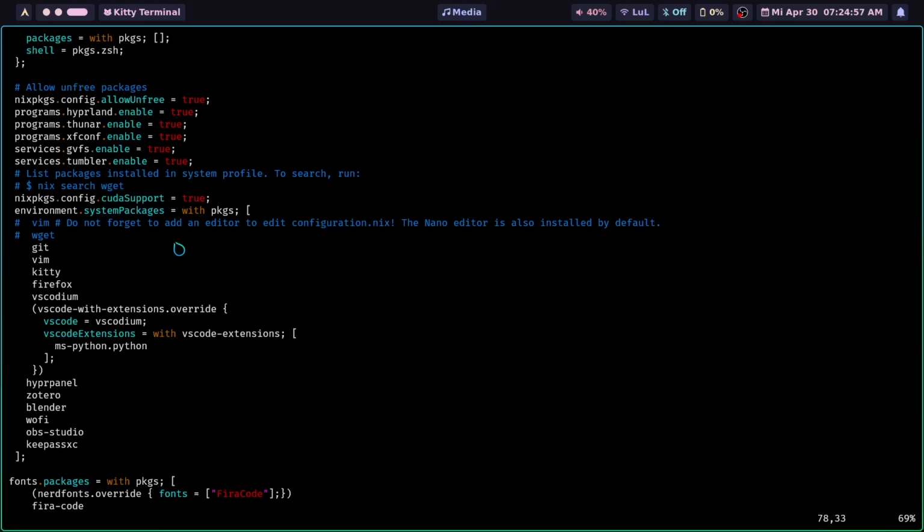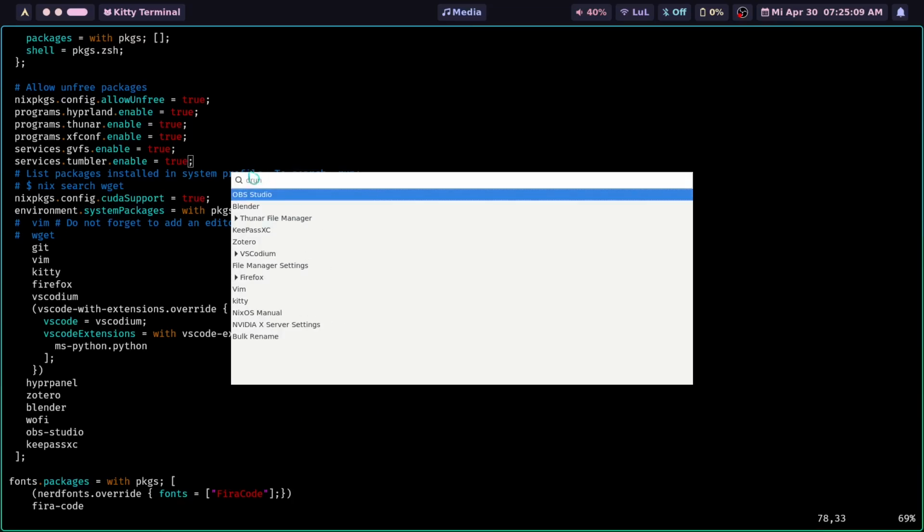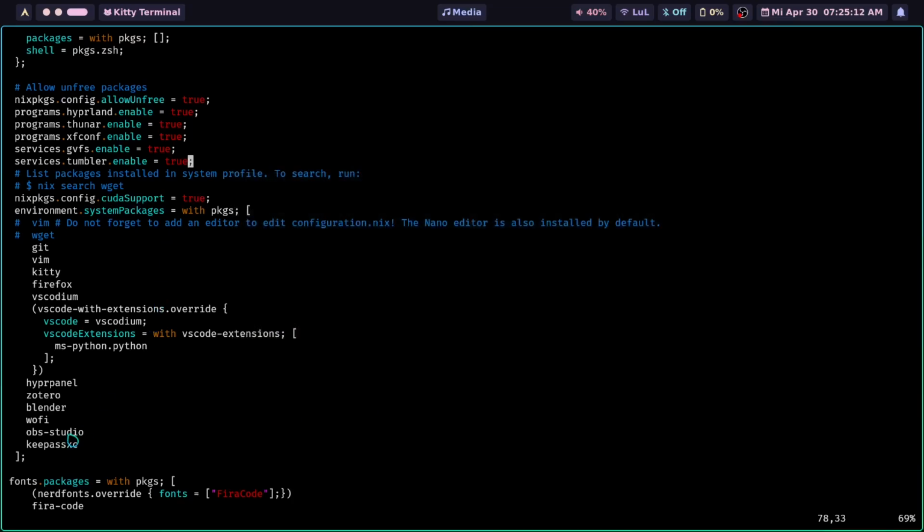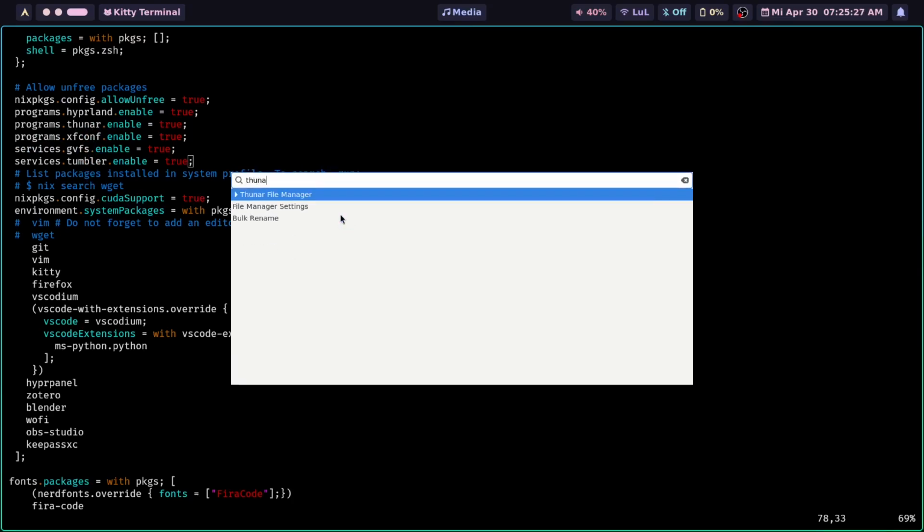Okay, phew. Now I'm just missing some small programs which I don't think will pose much of a challenge, and then I'm ready to test this as a daily driver. The last of the packages I ended up installing are Zotero, which is my citation manager, Blender, which is a 3D software. Wofi, you probably know, is this menu here to run any application I search for. OBS Studio, with which I'm recording this here right now. KeePassXC to manage my passwords. And finally also Tuner with some additional features enabled, so you can run Tuner